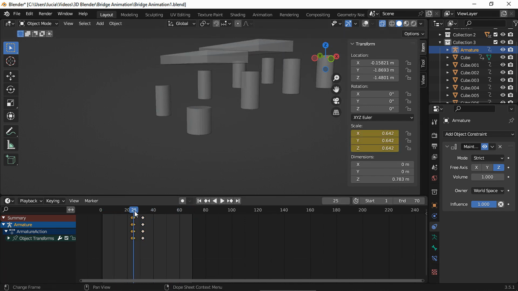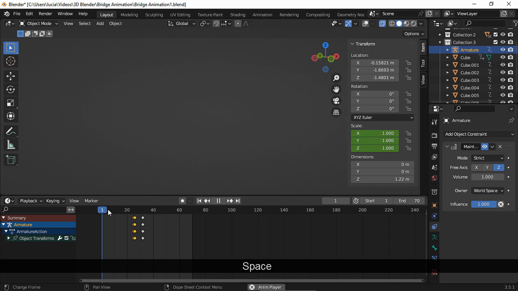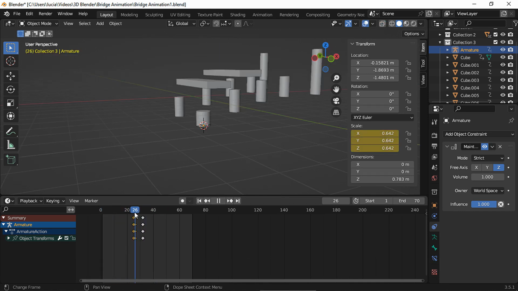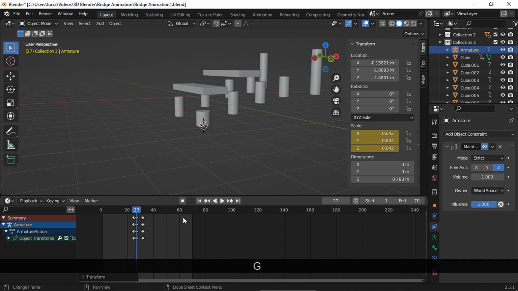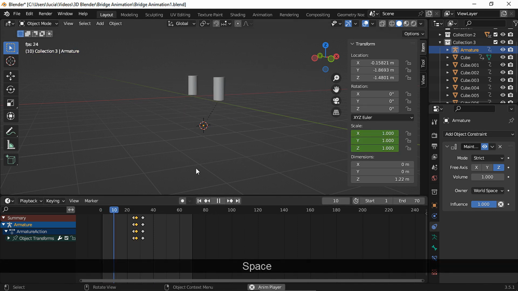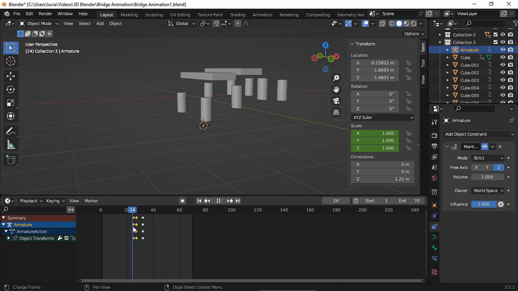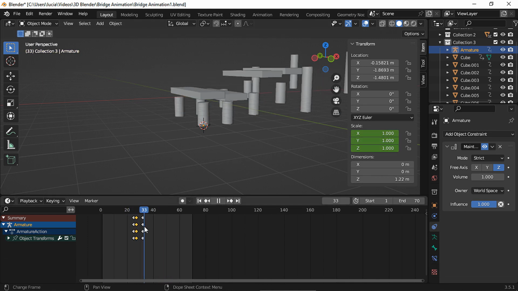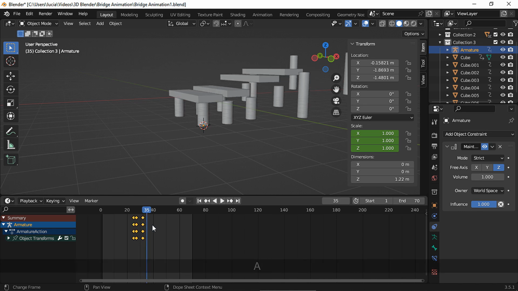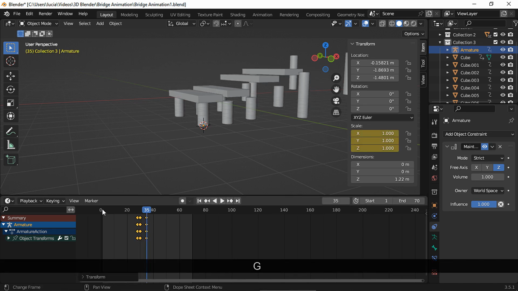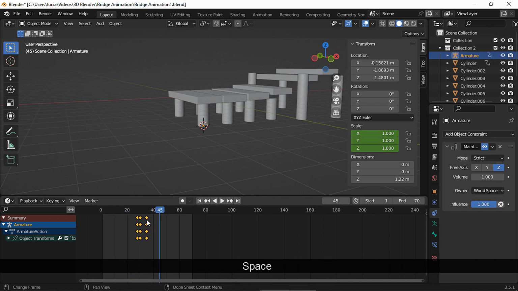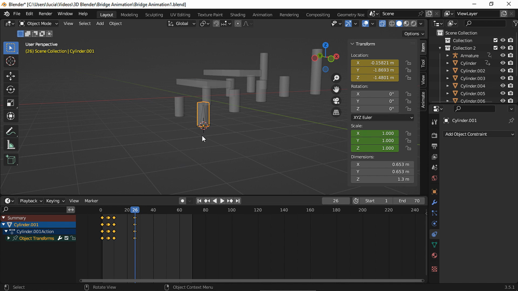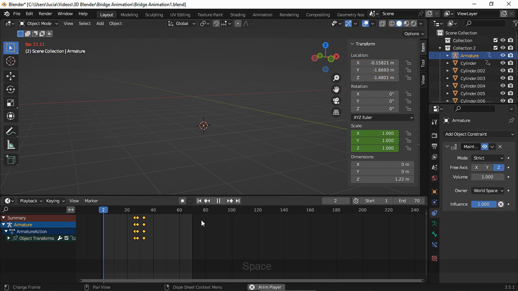I'm gonna move the first two keyframes. Now let's move the second keyframe one frame only. And we need to move the keyframes until the squash looks natural with the location movement that the legs also make. The squash should happen once the leg is on the ground. The leg's final location keyframe is at frame 26, and that's where I placed the bone's first keyframe.